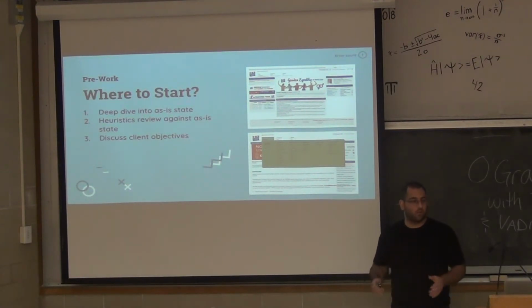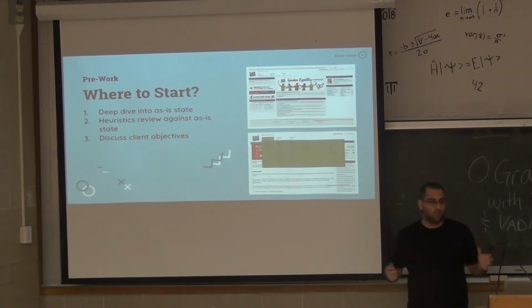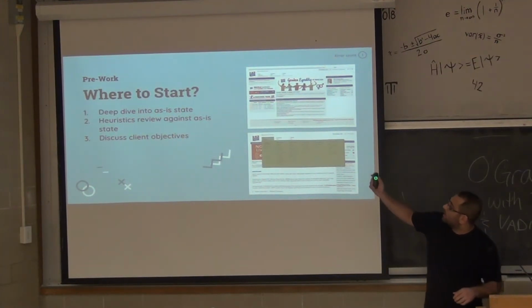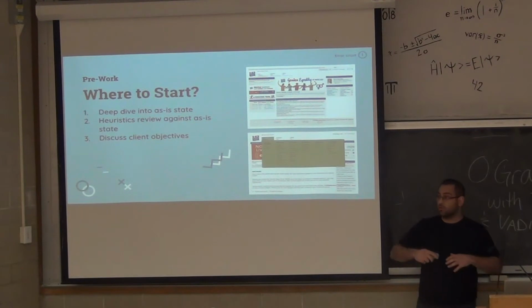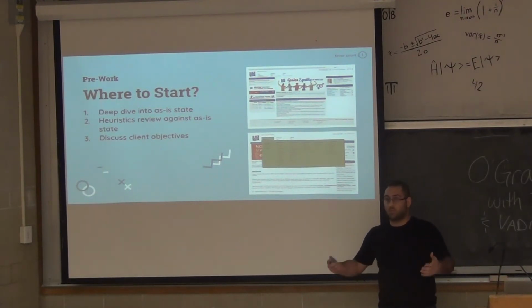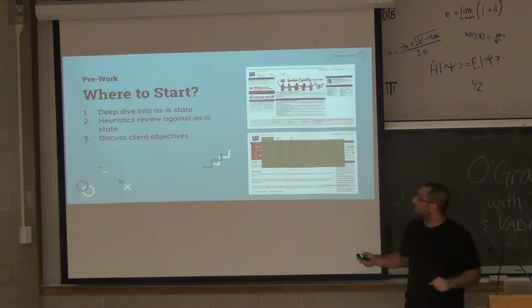One, we knew just a quick overview wasn't going to cut it. We had to do that deep dive. Go through everything, what can you fix, what can you look at, and most importantly, the heuristics review against as-is state. Now, this was to alleviate any concerns from the client because they understood the massive overtaking that we're actually trying to go after. So are there any quick wins that we can provide them to alleviate them and take care of that whole stakeholder management section?